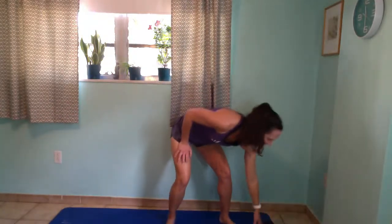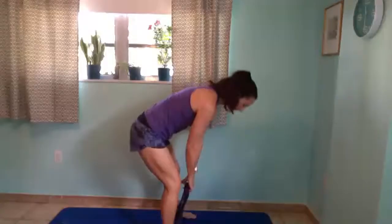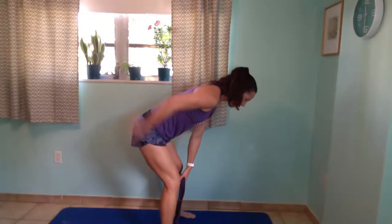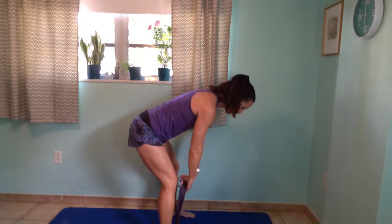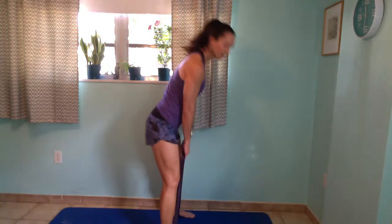Grab bands for your deadlifts. One of my favorite exercises. So here we go. Brace through here. If you feel anything in your lower back, you're going to shorten the range of motion or lessen the distance. You're going to squeeze your butt, come up for 1,